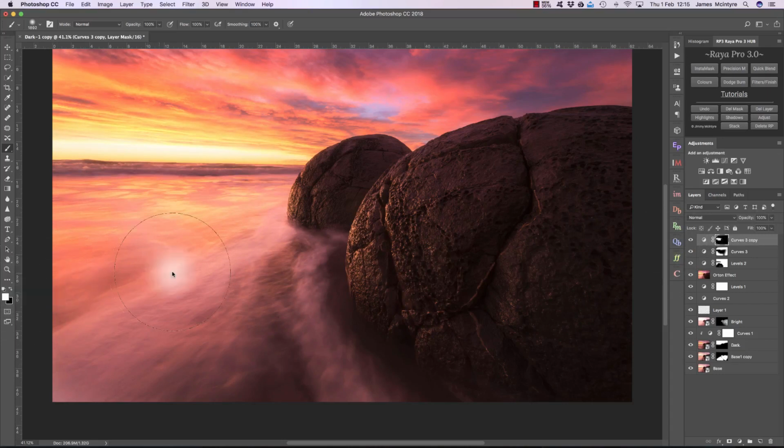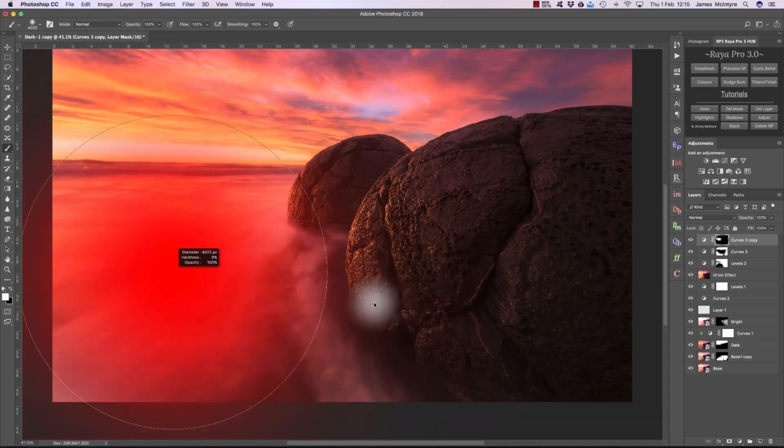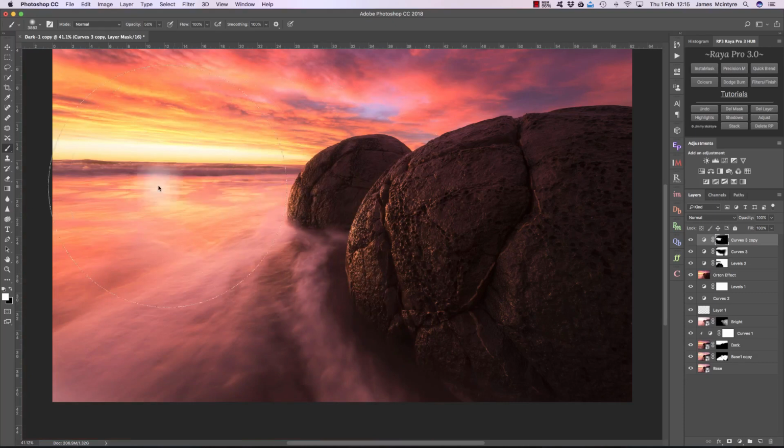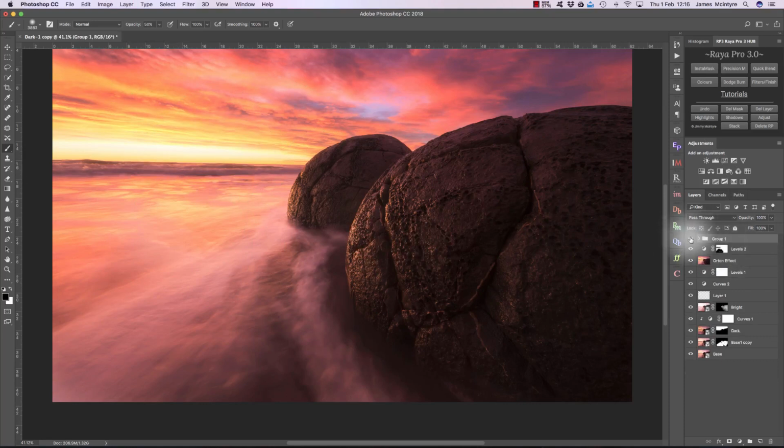Now I create a really big brush at around 50% opacity, and I can slowly brush in brightness along there. So we've created a softer transition going from the bright horizon to the sides of these rocks. Now if I select these two curves layers and press Command and G or Control and G to group them,